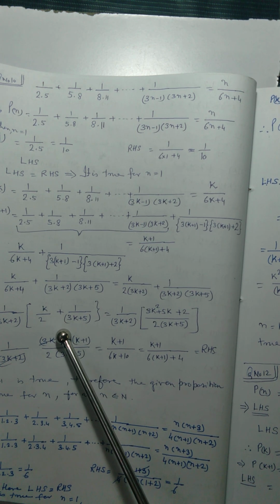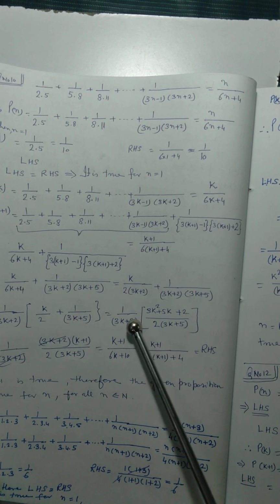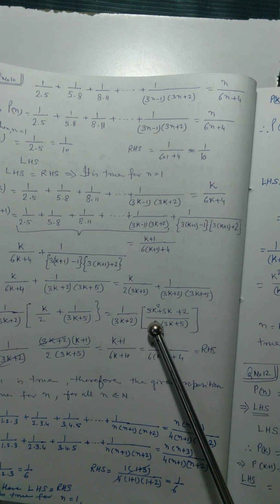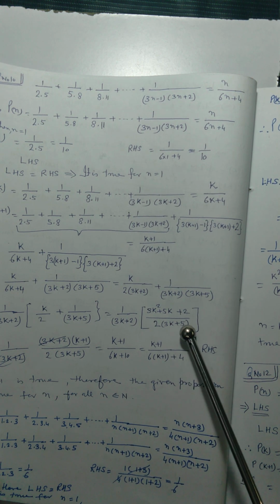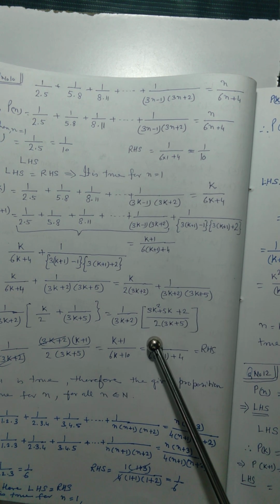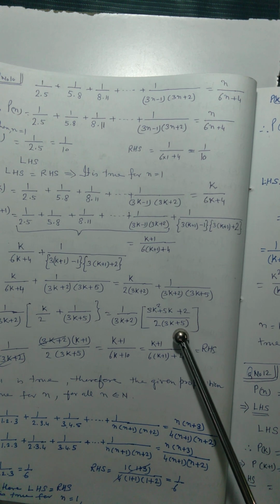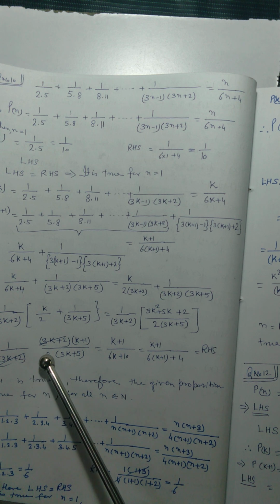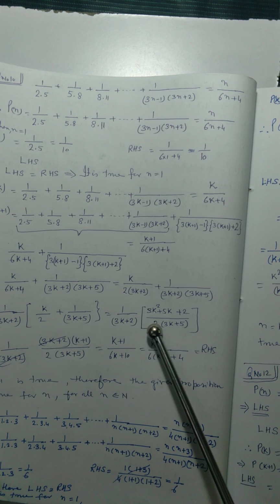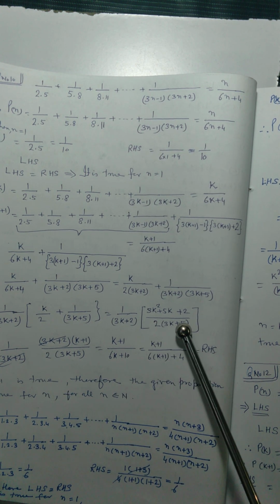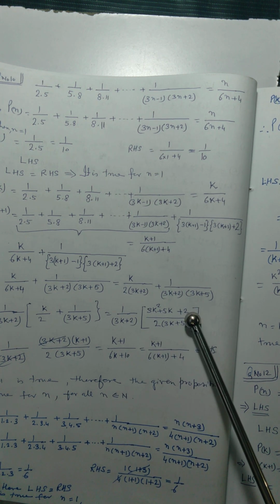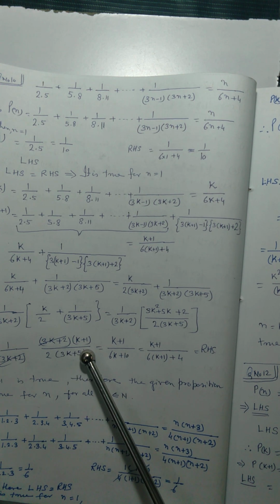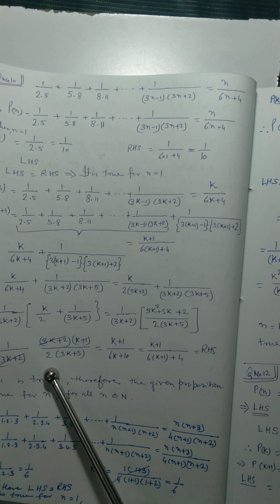Now take the LCM and solve it. We will get 1 upon 3k plus 2 inside the bracket, that will be 3k square plus 5k plus 2, whole upon 2 into 3k plus 5. Now you see here 1 upon 3k plus 2, that is equal to, we solved and factorized 3k square plus 5k plus 2, so 3 into 2 is 6. We solved it: 3k plus 2 plus k plus 1, and upon 2